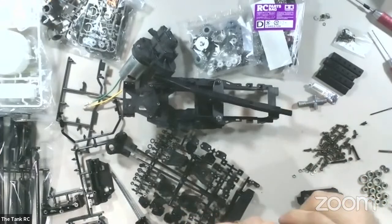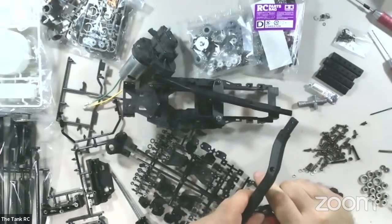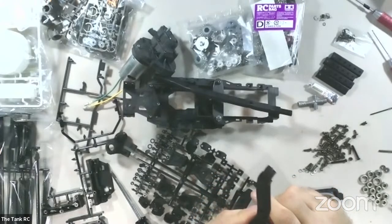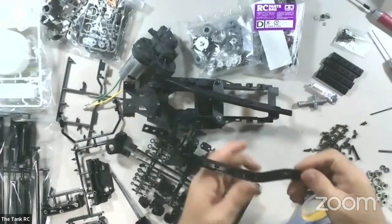I really wish they would have did these in metal. It's probably still strong, but I'm so used to have chassis rails in metal. Well, yeah, because most everything is the metal chassis rails. Yep. You know, whether it's the RC 4-wheel drive or the